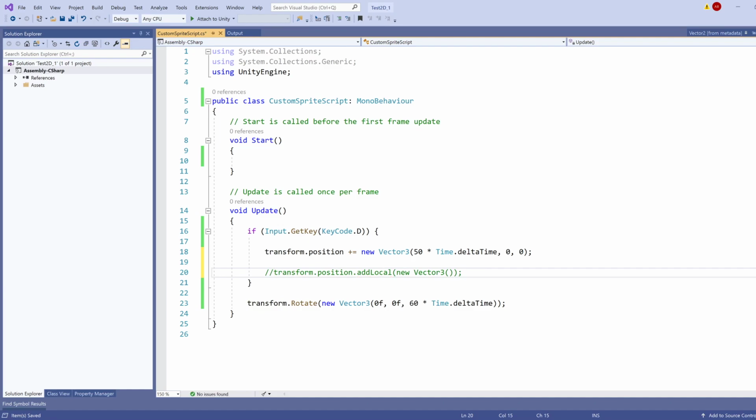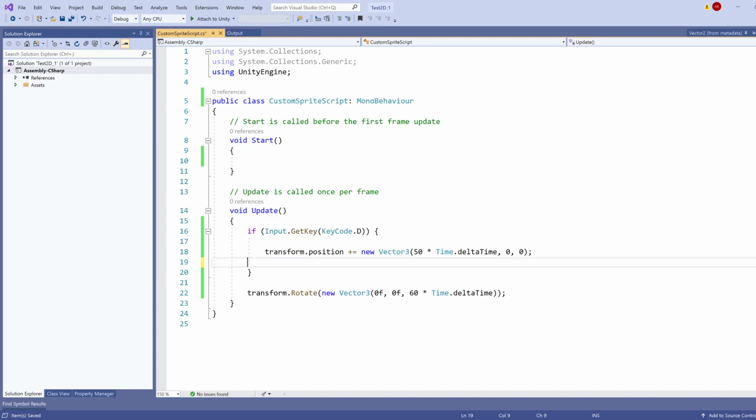That's somewhat equivalent, as in it will result in the same thing. However, here we're actually taking the position and then reusing it to then add to this thing. So this new vector 3 becomes an offset rather than an absolute value. And operator overloads allow you to just write in a more concise, more domain-specific sort of way, which is why